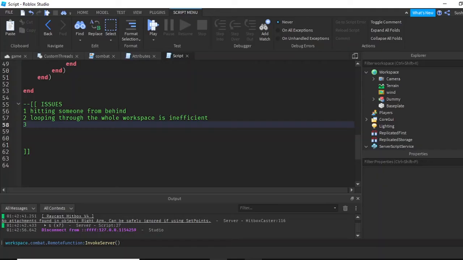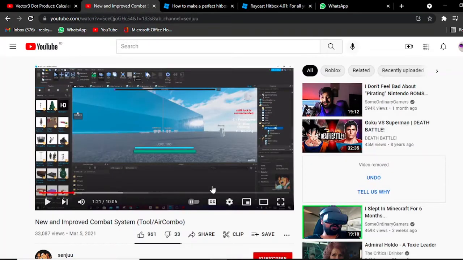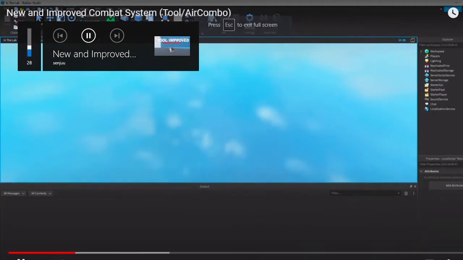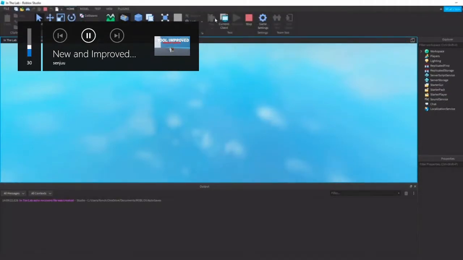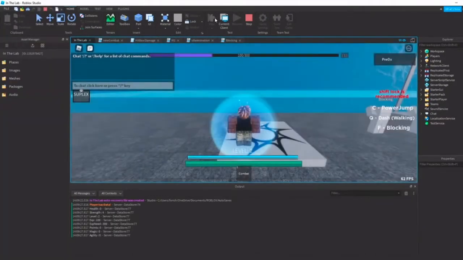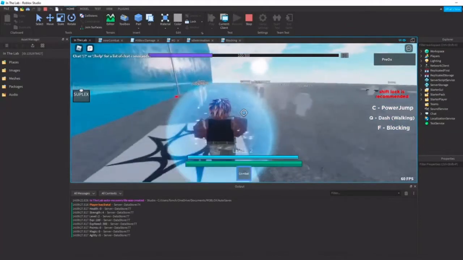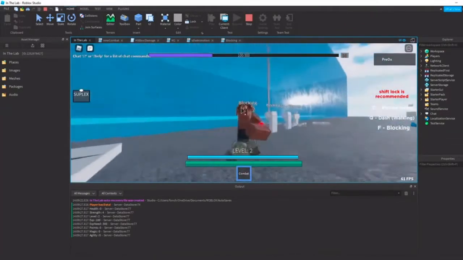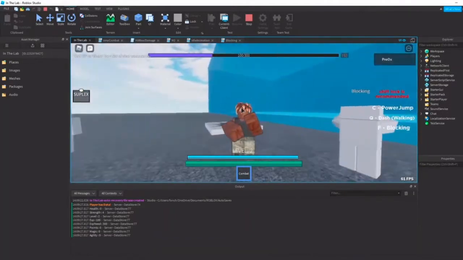I've seen the YouTuber Blur, he's a scripting YouTuber. He didn't use magnitude because of this. I understand. So I made the combat system. Instead of using magnitude, I'm now using hitboxes, because hitboxes are way better than magnitude. So first, I'm gonna show you how it looks in my game. I added a little stuff for y'all. So once you first equip the tool,